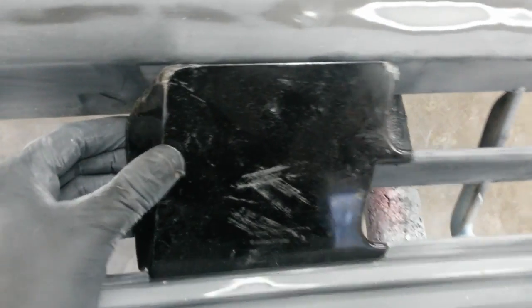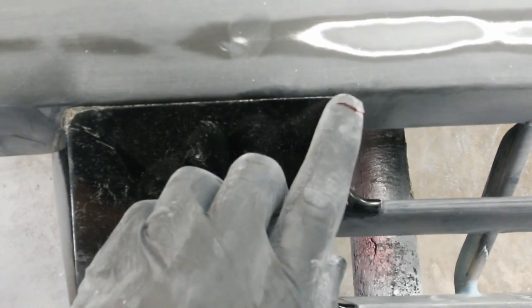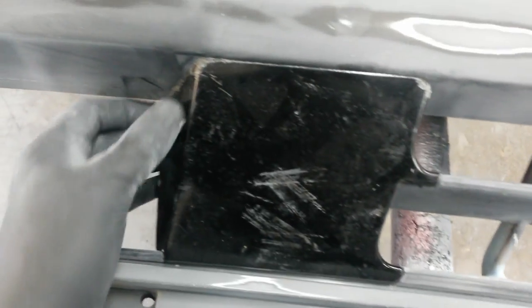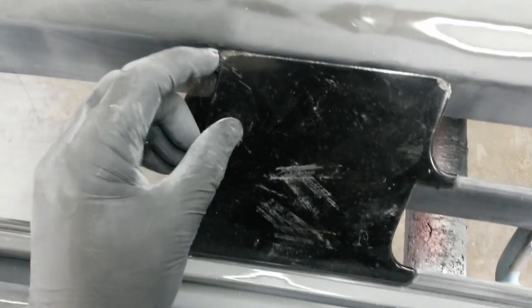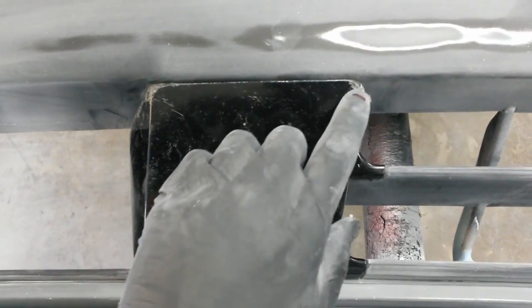That way I can keep that area covered that I don't want primer on, and I can also prime that at the same time. Same thing over here, but this has got some damage on this corner and this corner. It's supposed to be nice and sharp like this, or it'll come up and fit against the bumper. So I'm going to sand all this back once I get this ready to prime. Well, before that, I'm going to get this basically ready to prime, but I'm going to add some material to the corners before I prime it. So I'll get this all sanded back, put a little bit of material here. I haven't decided what I'm going to use yet, probably the